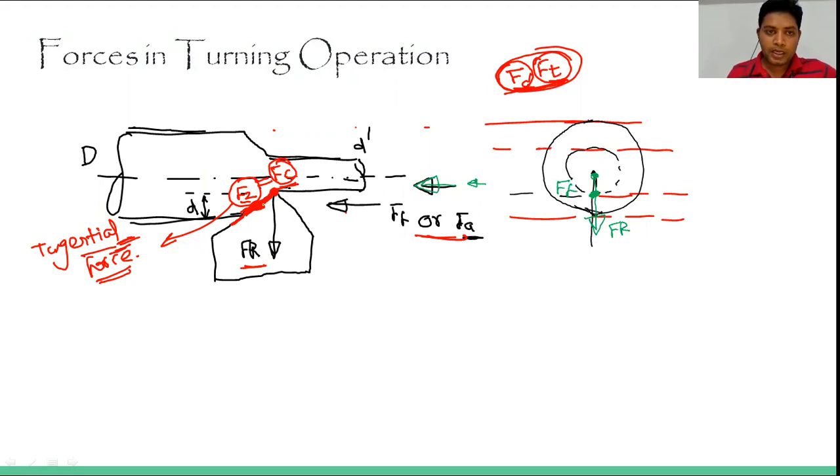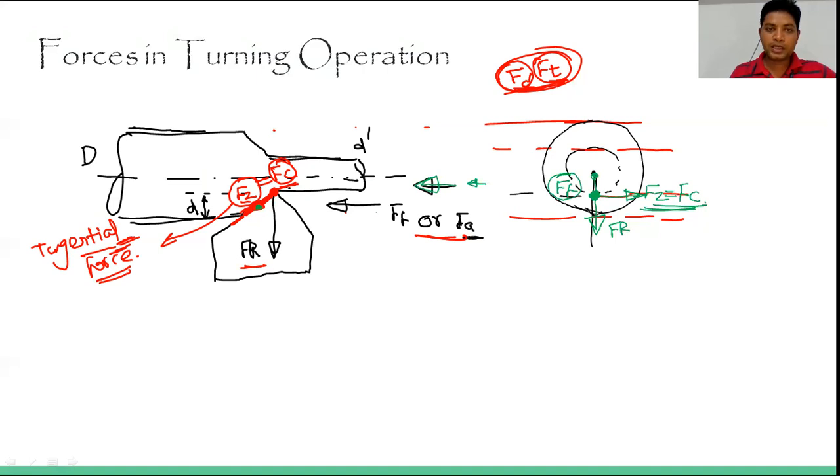Now through this the chip is coming out perpendicular to the plane. So here you can see that this force will be treated in this direction, that is Fz, the tangential force, which when you compare with the orthogonal forces will be equal to Fc. I think this is clear to you: this Ff will be perpendicular to this force and will look like a point. This is Fz and this is Fr.